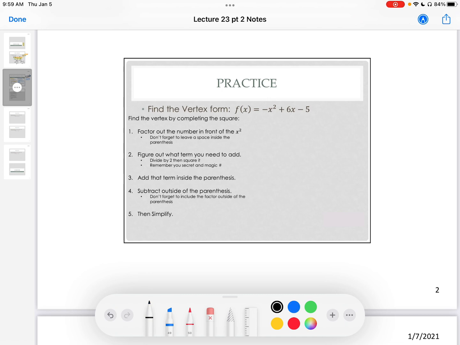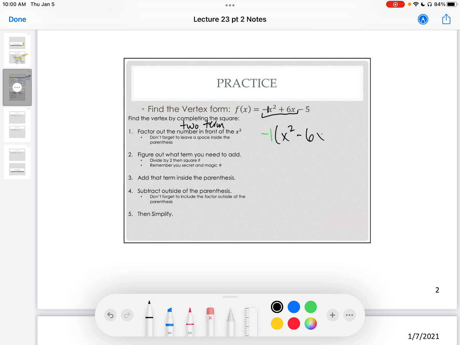So for this problem here, there is technically a -1 in front of that x squared. Now, when I factor out the number that's in front of the x squared, I'm only going to factor it out from the first two terms. So I'm going to pull out a -1 just from these two here, which will give me a -1 on the outside. And on the inside, I have an x squared